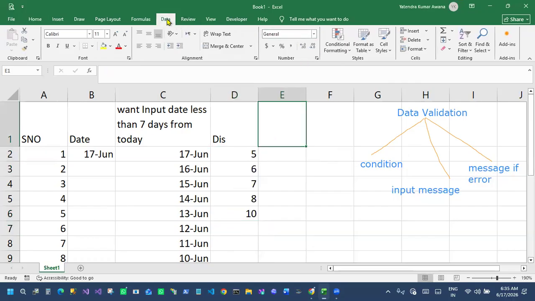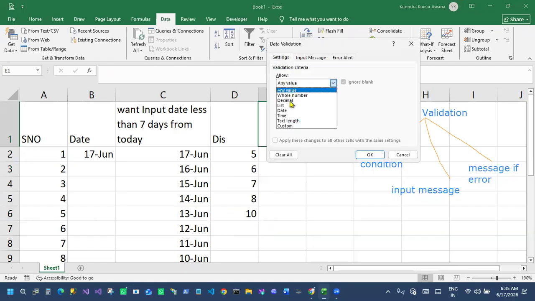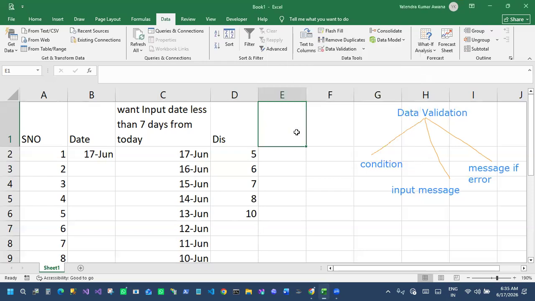And what other things are there in data validation? Setting, value, decimal point, row number, and then list. Okay, we will work on list now. In list, you have some cities and you want to choose any one city.